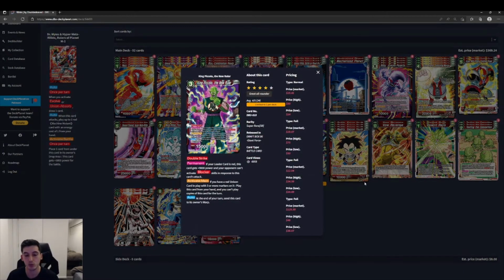King Piccolo, New Ruler, has to go in every red deck that's playing a unison at this point. It's obviously got the limit of 1. It's a double strike 15k permanent. If your leader is red, this card gets plus 5,000 power and your opponent can't activate blocker in response to